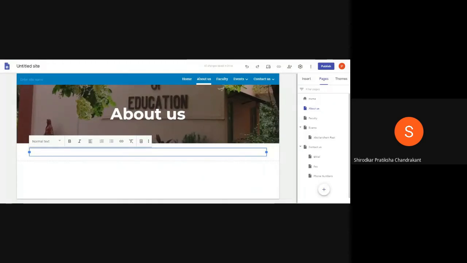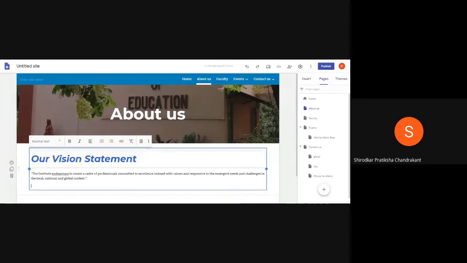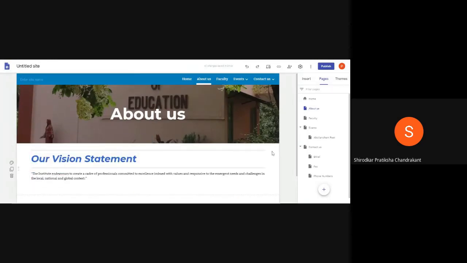So what I've done is I went to our college website, copied a vision of our college, and come to this place and pasted it here. So I added our vision statement to the site.